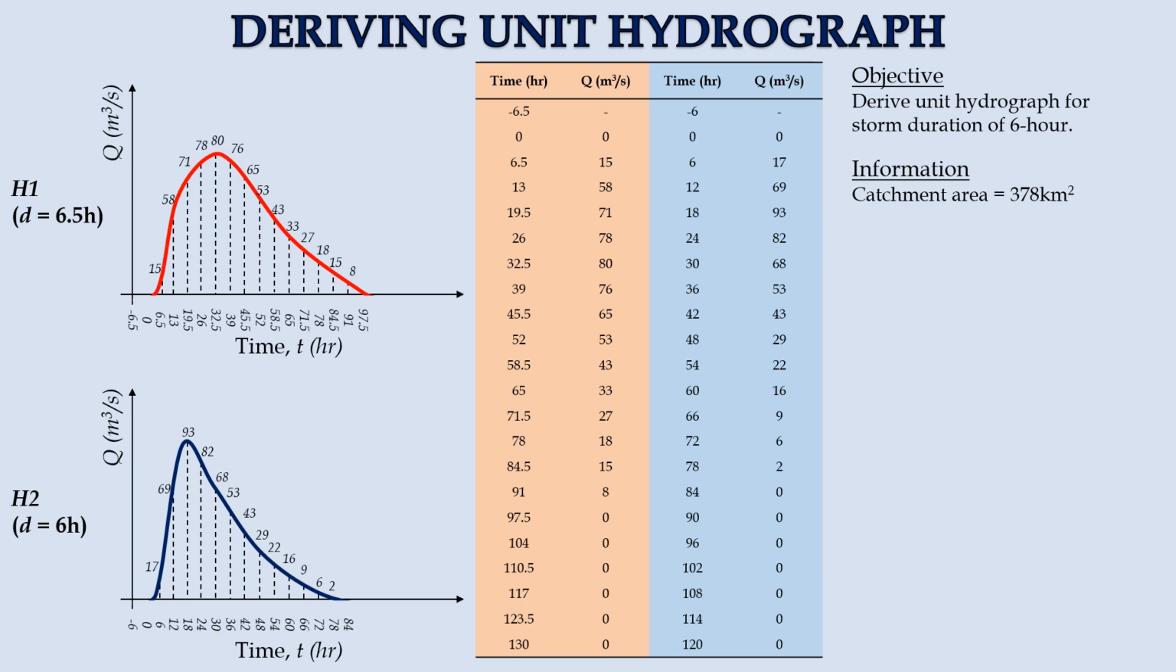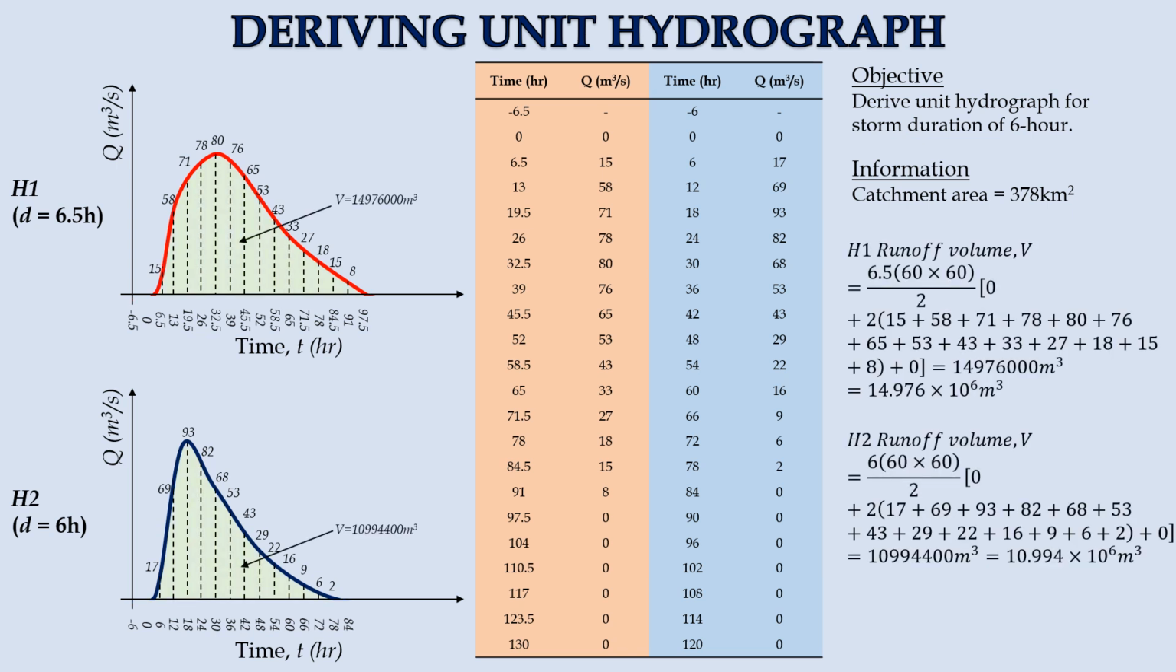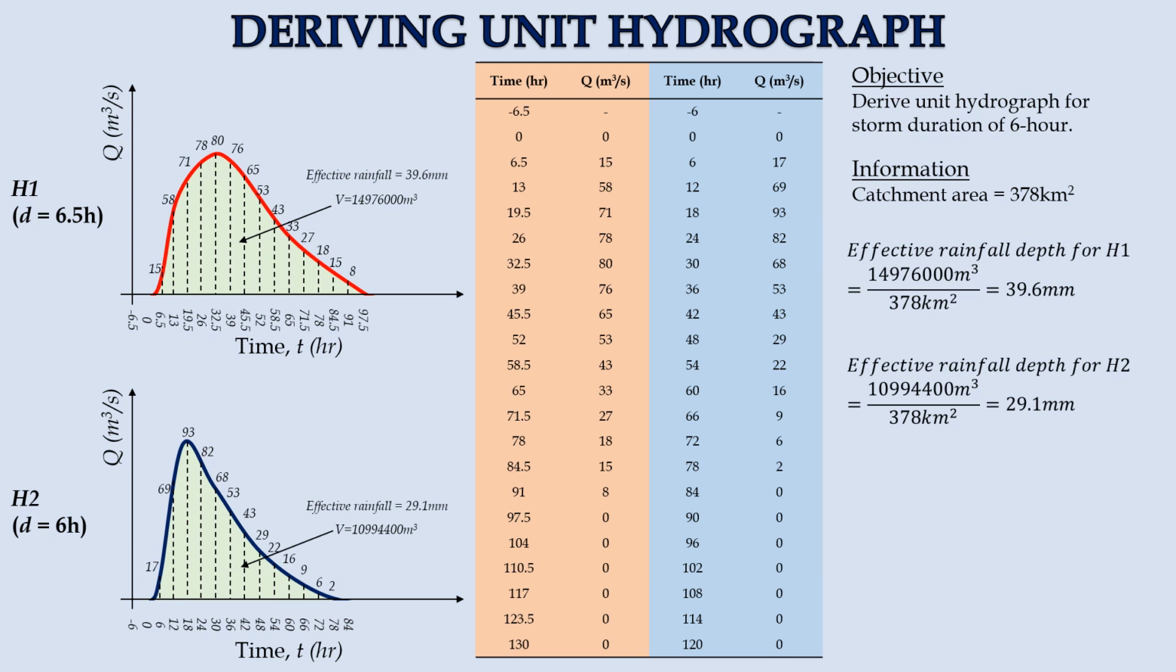and H2. For each direct runoff hydrograph, we determine the direct runoff volume by calculating the area under the hydrograph. Implementing the trapezoidal rule would be a good way to calculate the area under the graph. The effective rainfall depth can then be calculated by dividing the direct runoff volume by the catchment area. As a result, the effective rainfall depths for the H1 and H2 direct runoff hydrographs are 39.6 mm and 29.1 mm